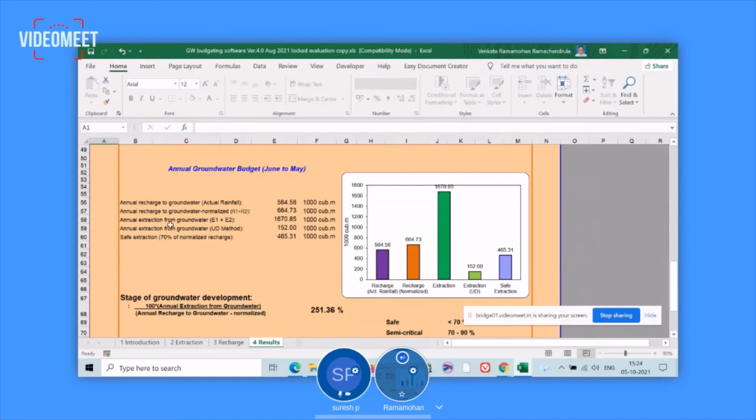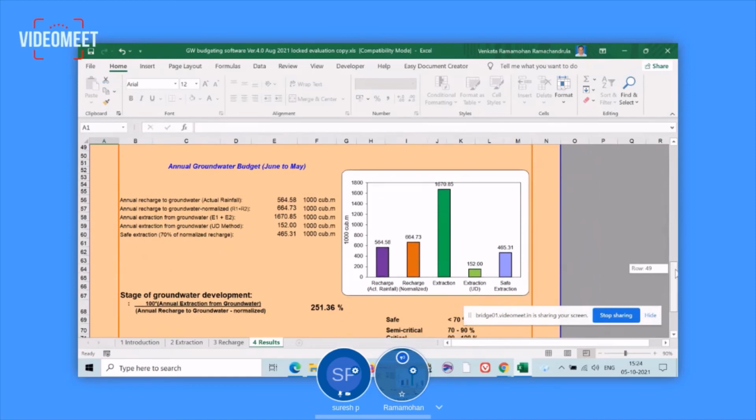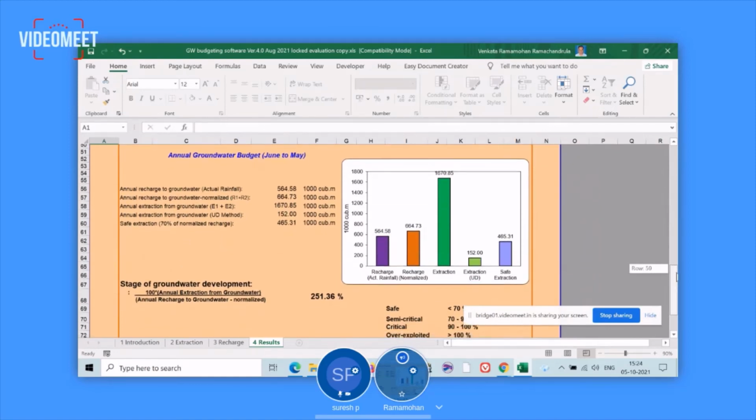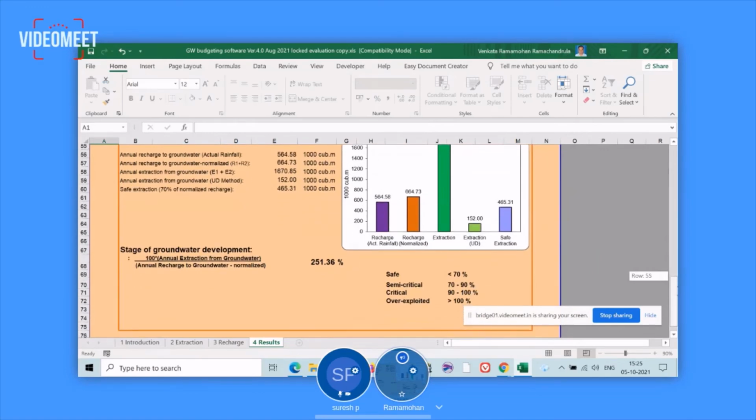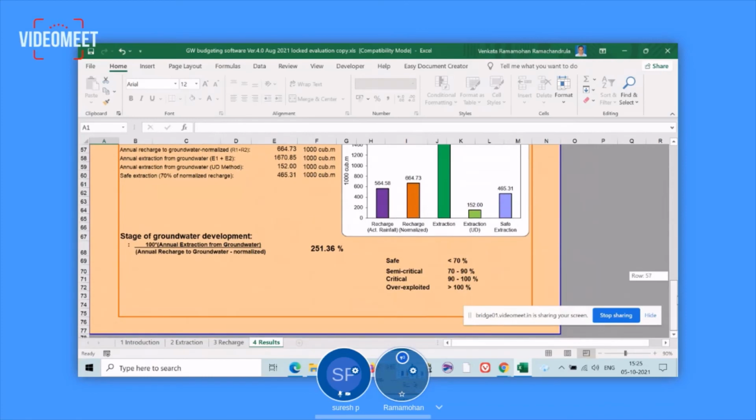You are extracting more and more groundwater, and you are about to start over-exploitation, and in future you're going to enter into more difficult problems. That is what it indicates. So the 70% is the benchmark that is also included here, and it is also included in the graph. Further to that, we have finally calculated the stage of groundwater development, which I already explained,